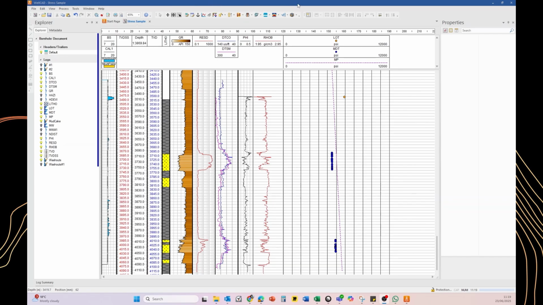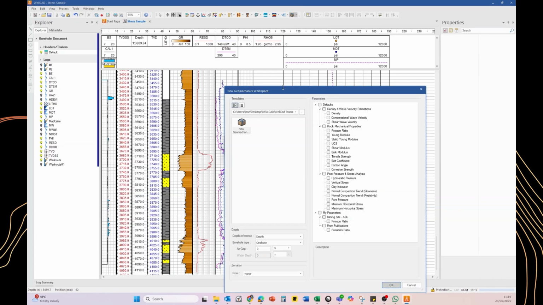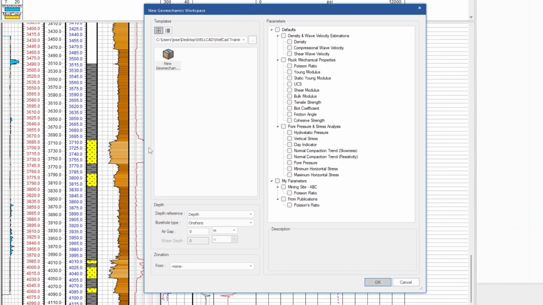In order to start a new stress calculation in WellCAD, we need to select the Geomechanics workspace landing site. For the depth reference, in this case we have a TBD, so we will select TBD as a depth reference.